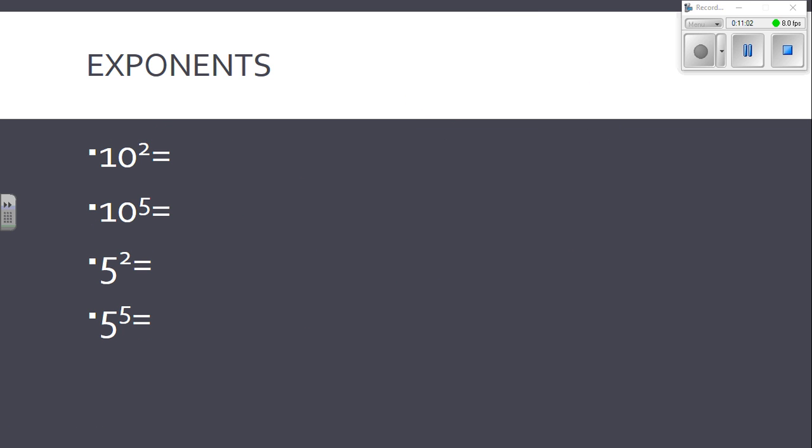Alright, so now let's just think about exponents themselves. 10 to the second power is the same thing as saying 10 times 10, which is 100. 10 to the fifth power is the same thing as saying 10 times 10 times 10 times 10 times 10, which is 100,000. Now, 5 to the second power is 5 times 5, which would give us